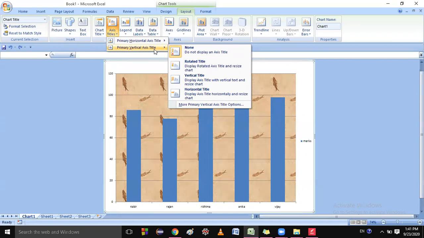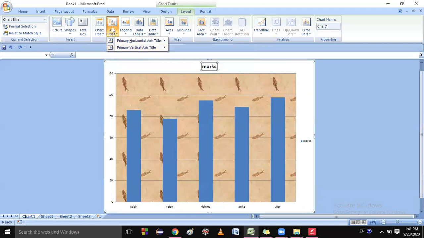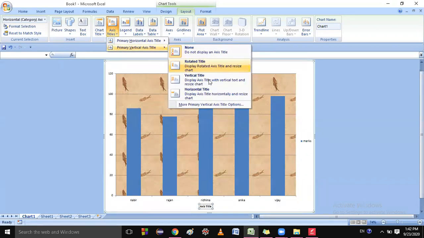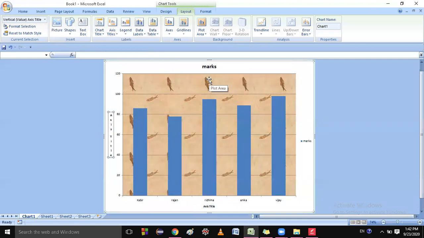If you want to write the horizontal, click on title below axis. If you want to write the vertical, then click on vertical title. Is it okay? Yes, sir.